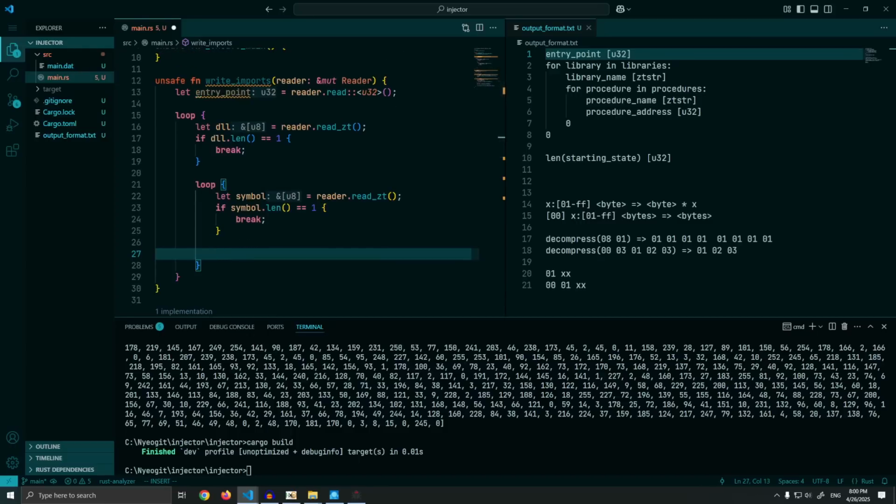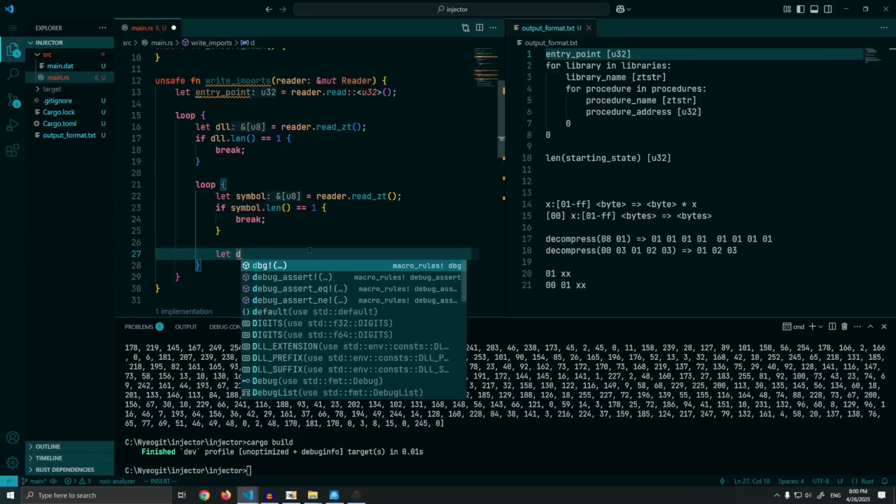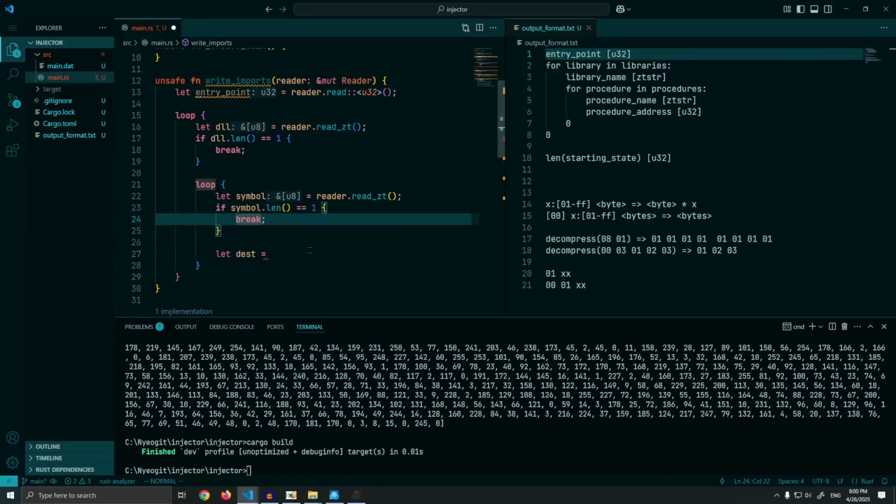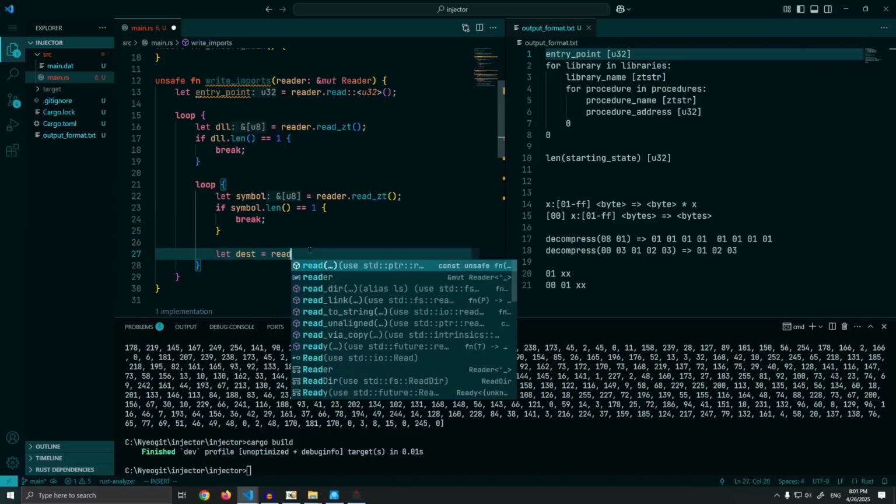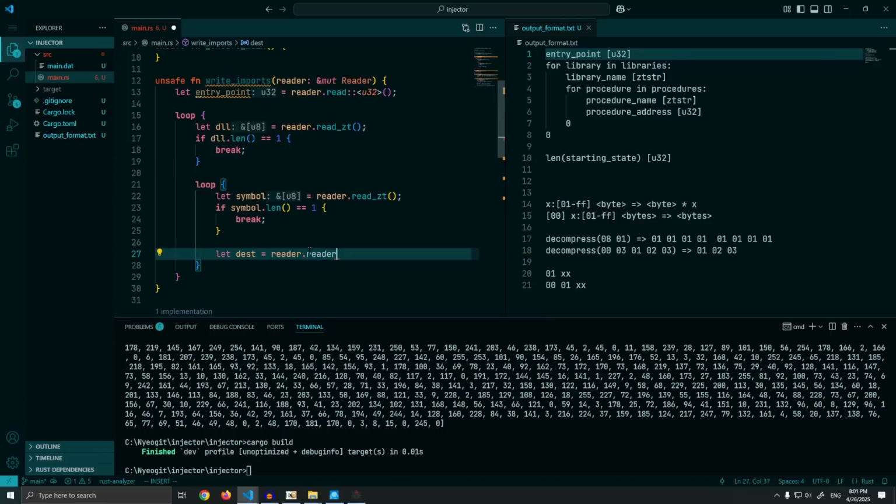Right, that's beautiful. Now let's see, what else do we have in here? We do need to get the address too, right? Because if we had the address, then we'd know where to write it. I guess this is the name of the procedure. That's the other way you could look at it. So anyway, the destination is equal to,